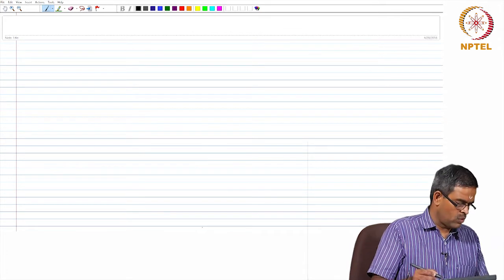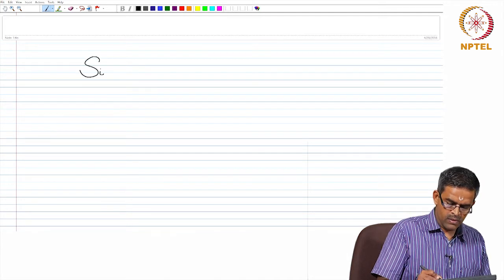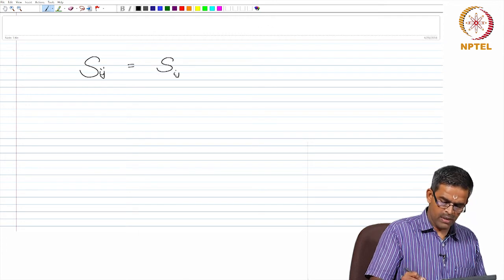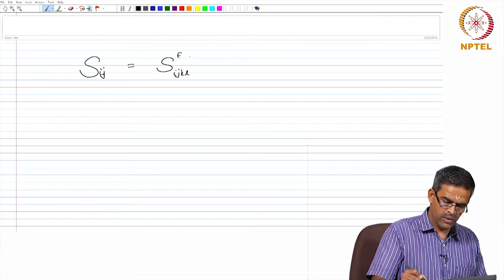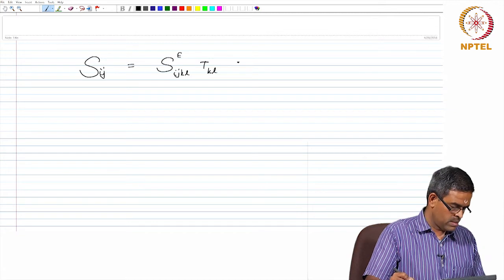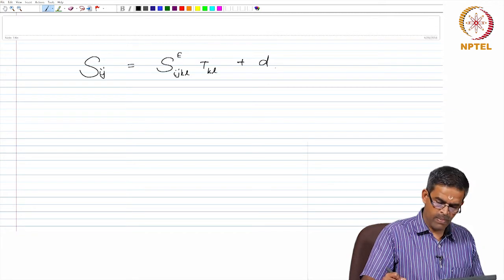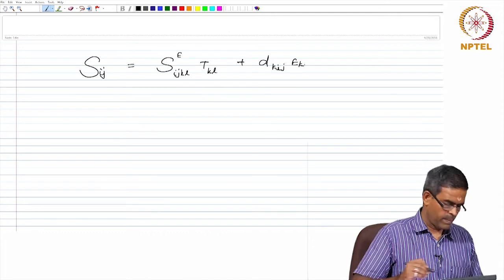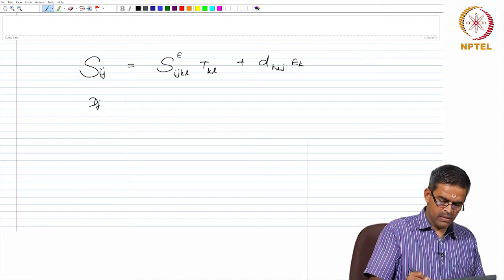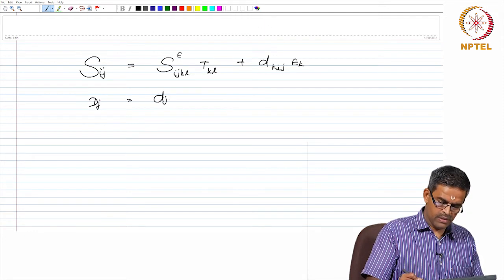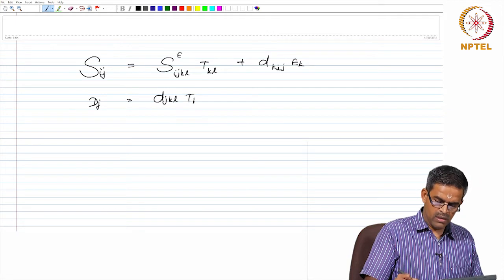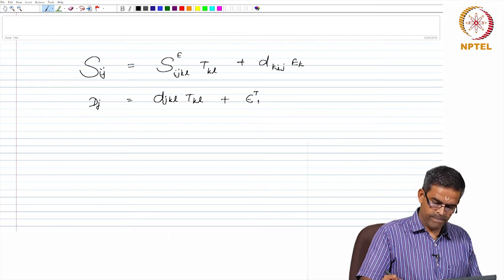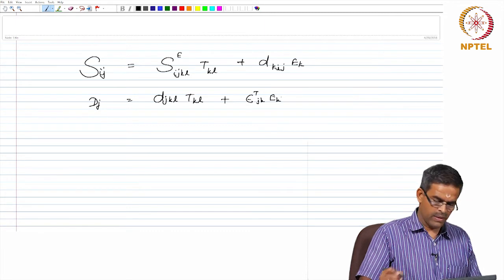Then the following equation holds good. Sij is S_ijkl^E Tkl plus d_kij Ek. Similarly, Dj is d_jkl Tkl plus epsilon_jk Ek,